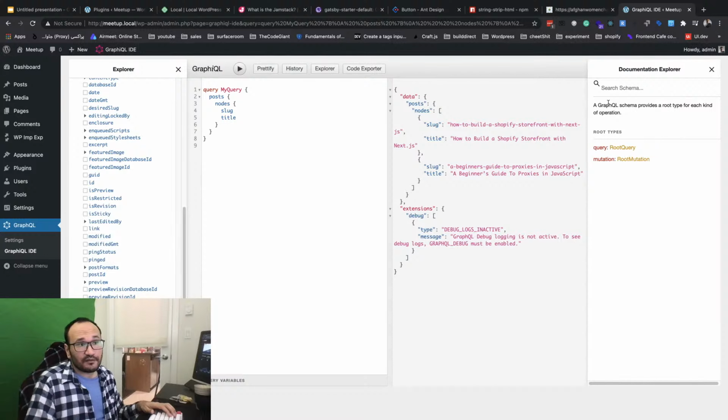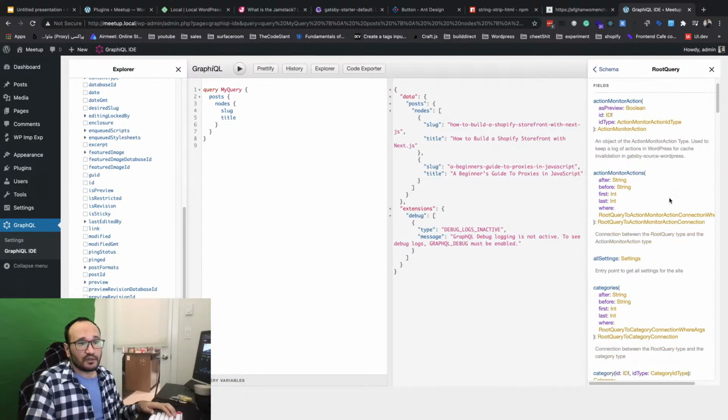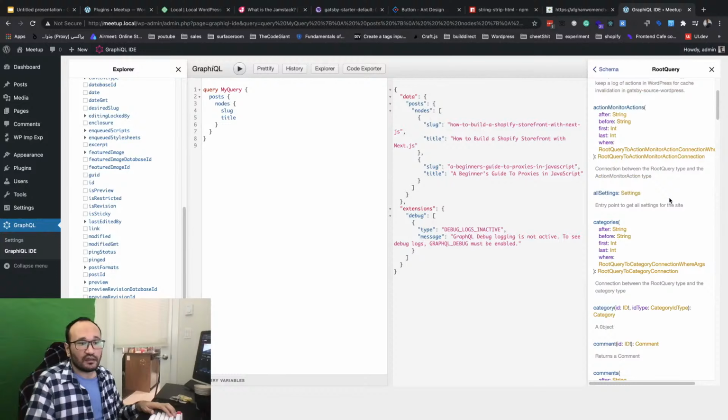The good thing about this is it creates a schema for you, so you have two different types of GraphQL operations, one of them query and one of them mutation. We don't go with the mutation today, but we're gonna cover how to do query in GraphQL in a second. And so this is how you can see all your schema, and then how you can get those.